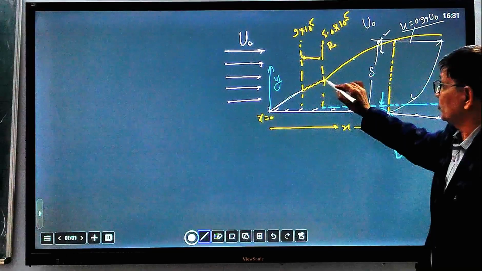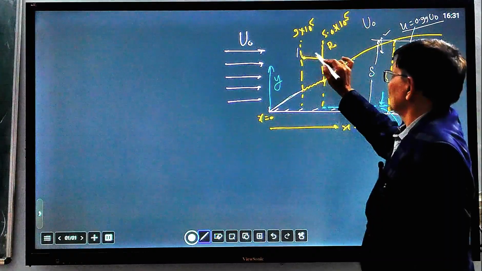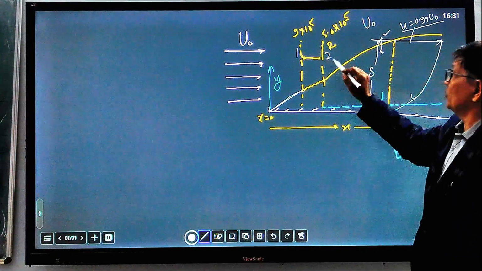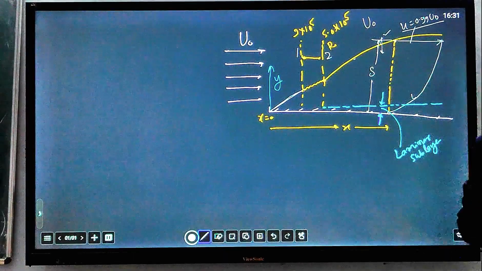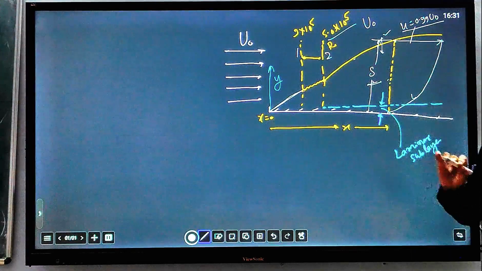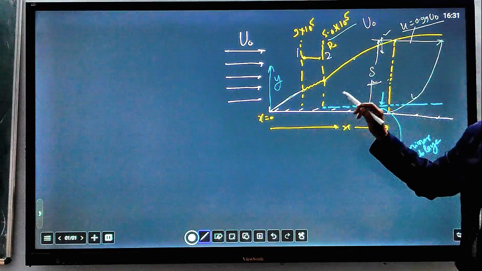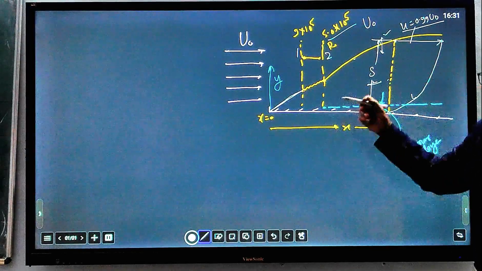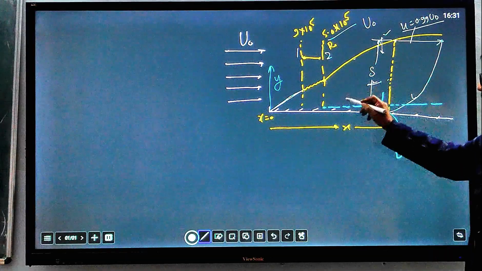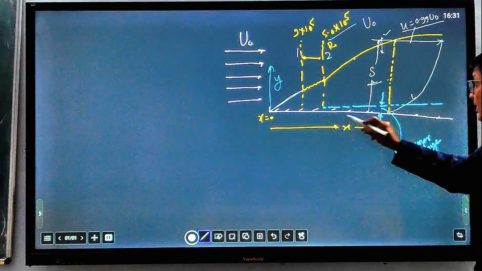So here this is known as a transition zone from 1 to 2. This is a transition zone. Here velocities are increasing, and up to 5 into 10 to the power 5 flow is fully turbulent at higher Reynolds number. So when flow becomes fully turbulent, it means Reynolds number is increasing and inertia forces are overcoming viscous forces, and more energy losses also take place when we move from x equal to 0 to higher